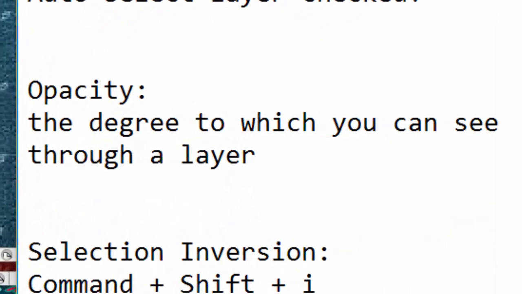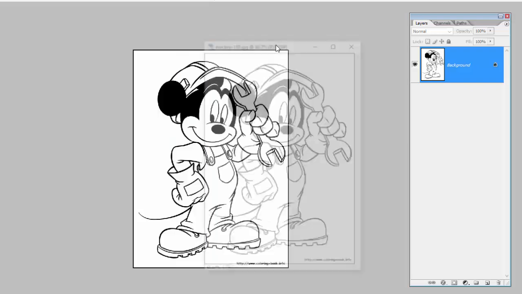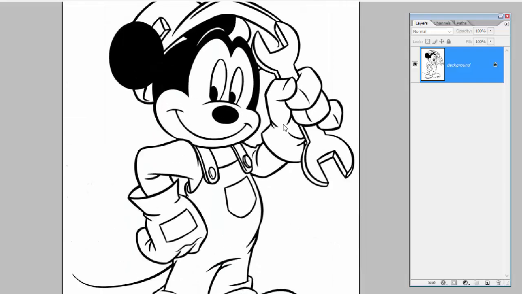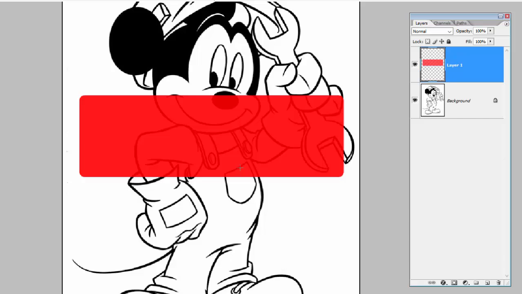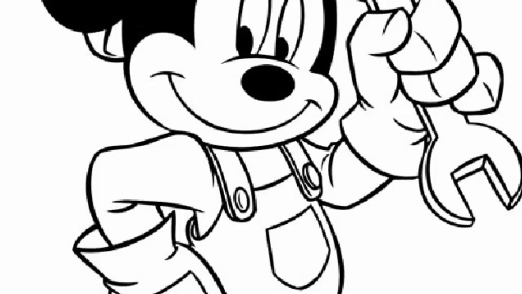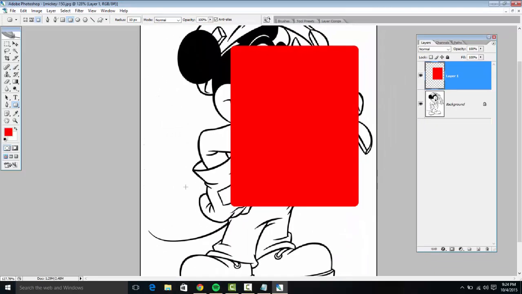That's the degree to which you can see through a layer, and I'll give you an example real quick with Mickey Mouse. So I'm going to create a new layer. That's important. I'm going to now create a quick little rectangle, and I can see when I'm looking at this that the opacity is at 90%. That means you can see through it just a little bit, but it's pretty significantly red. If I increase opacity to 100% and I do this, you're not able to see behind the red rectangle at